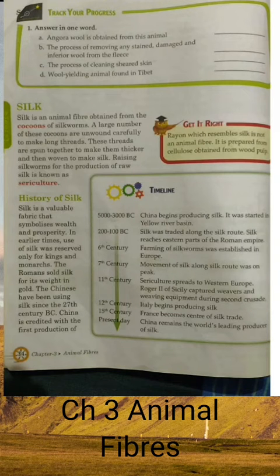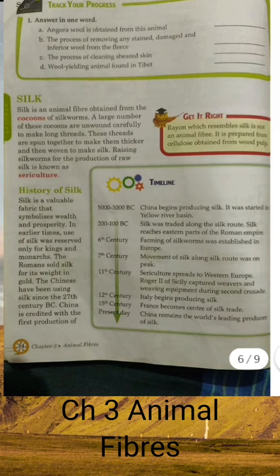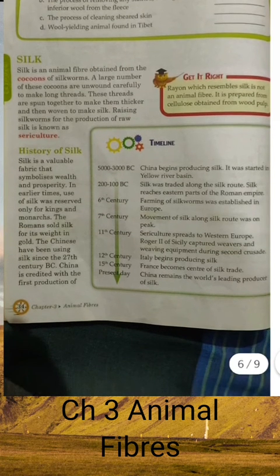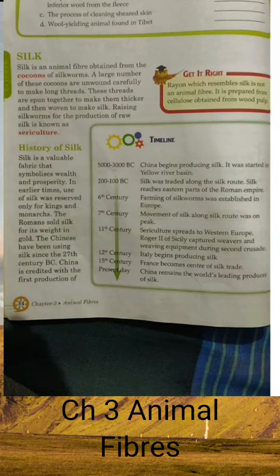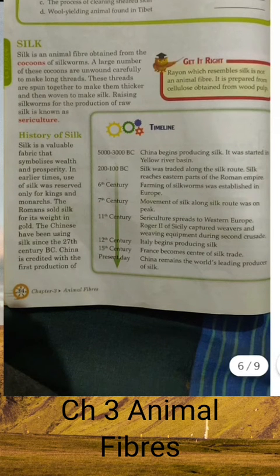Now, from the historical perspective, we should understand that it was of utmost importance in older times, because if a person was wearing silk cloth, he was considered an aristocrat in society, meaning a very wealthy person, right? And around the 12th to 13th century, silk was being traded by Romans in exchange for gold from the Chinese.